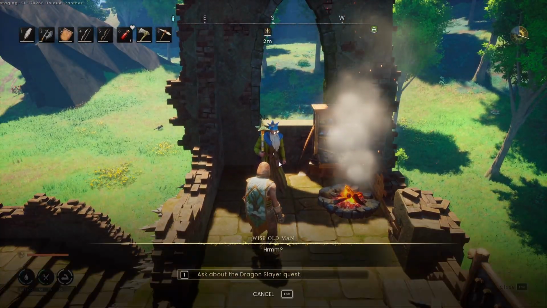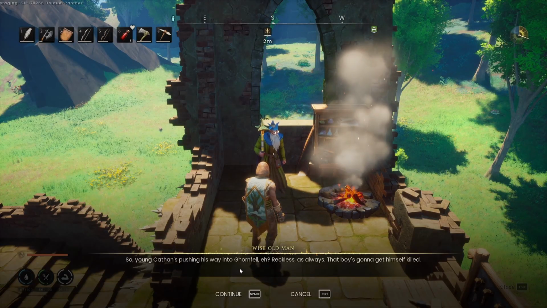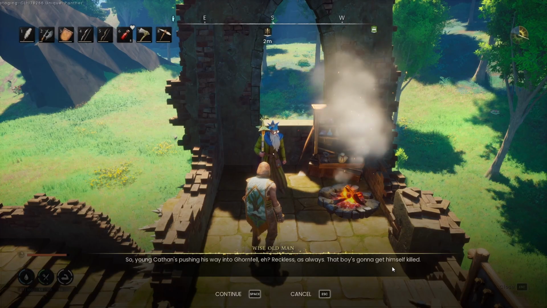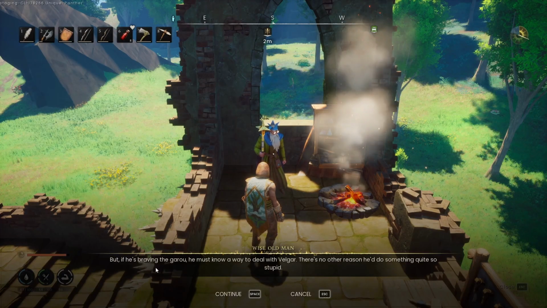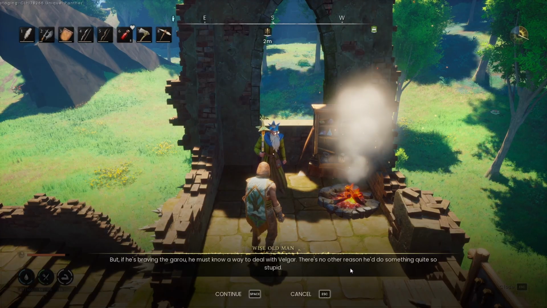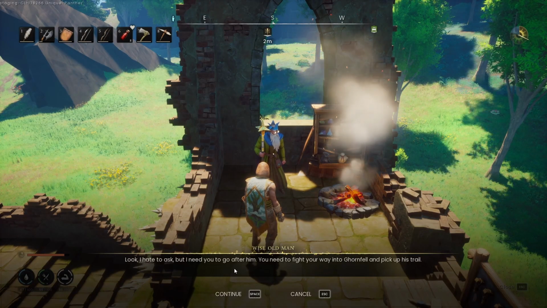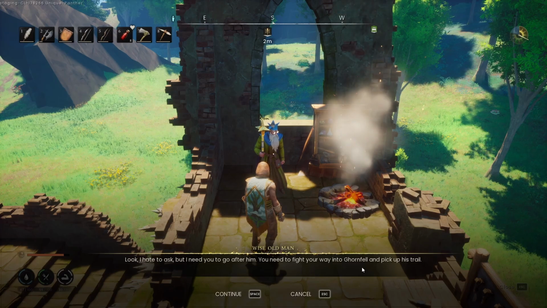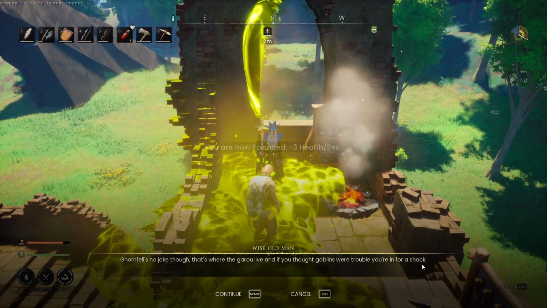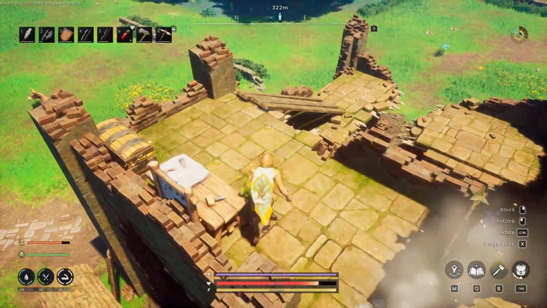Alright, hello. So, young Cathan is pushing his way into Dragonfell, eh? Reckless as always. That boy's gonna get himself killed. But if he's braving the Garou, he must know a way to deal with Valgar. There's no other reason he'd do something quite so stupid. Look, I hate to ask, but I need you to go after him. You need to fight your way into Dragonfell and pick up his trail. Dragonfell's no joke though. That's where the Garou live, and if you...